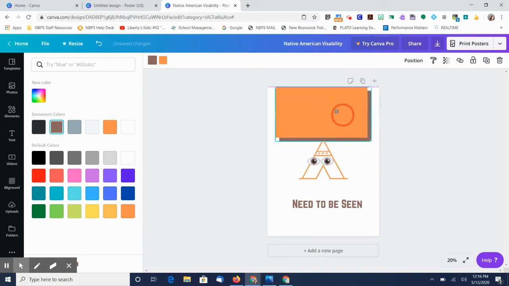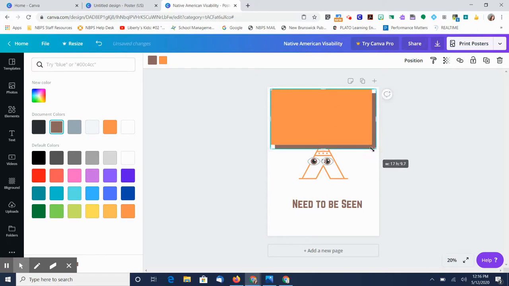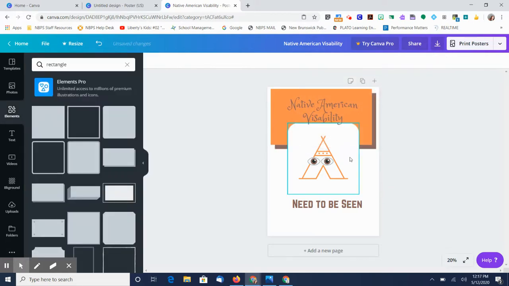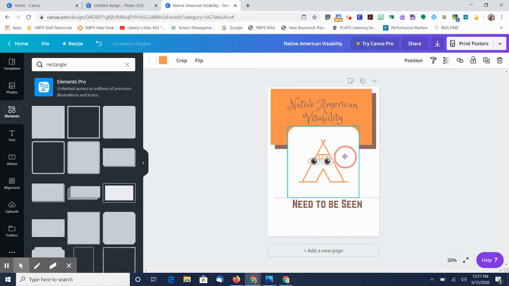And then I'm going to do this. I'm going to scroll it so it's like my background image, right? And then I'm going to hit position, and I can bring it back, back, back. And that makes it the most background thing. So that if I want this to be at the middle,